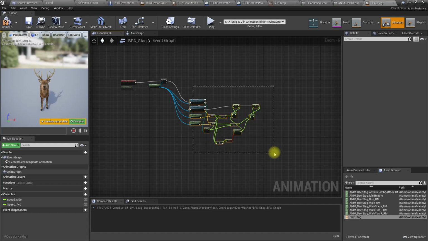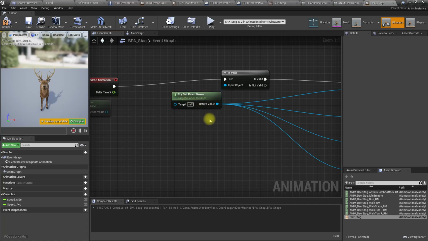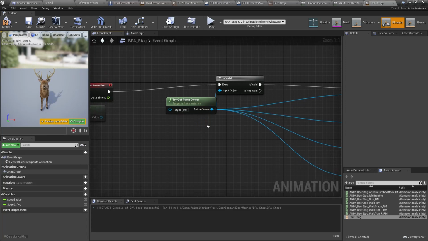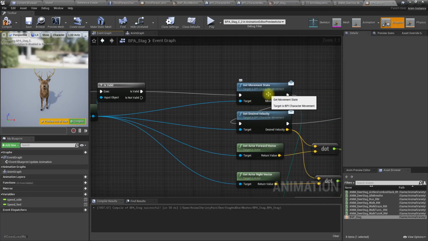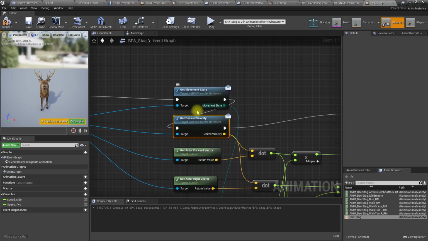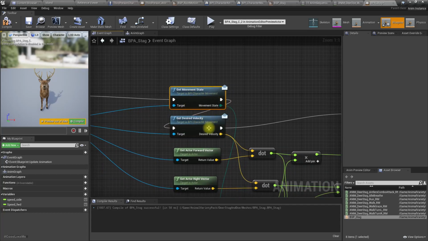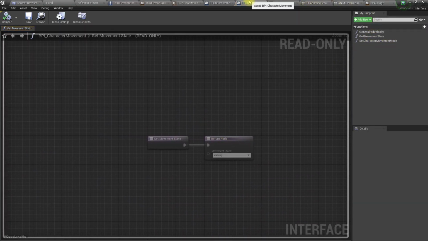So again, here what happens is this. We check if there is a valid phone owner. Since we are dealing with interfaces, we don't really need concrete references to the actual third person character class. All we need is some reference to any type of pawn, and then using this BPI character movement interface, we use these two functions, get desired velocity and get movement state, which I have defined in this BPI character movement